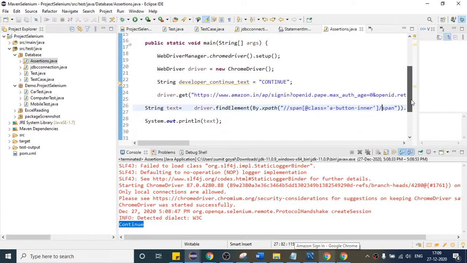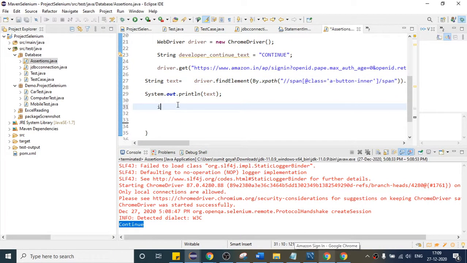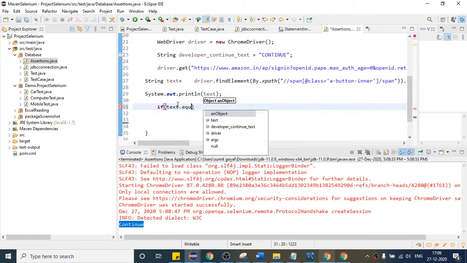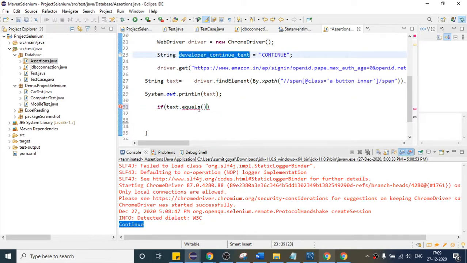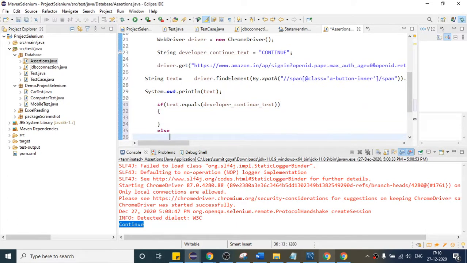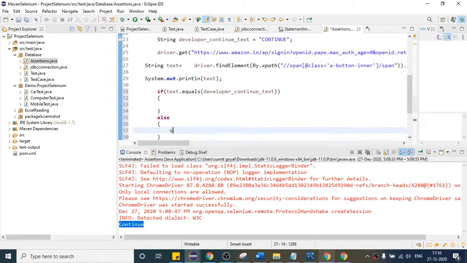So basically what I can do is write one if else condition. If text dot equals, as it is a string, I can use the equals method and give this value. If both are equal, then it is not an issue. Otherwise, if both are not equal, I can write, some issue with continue text.